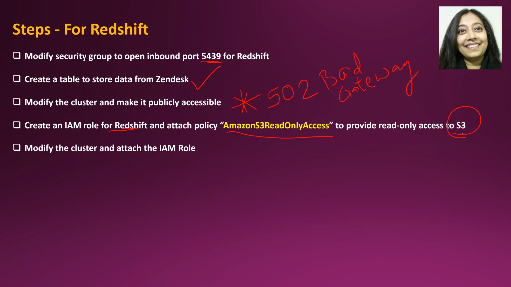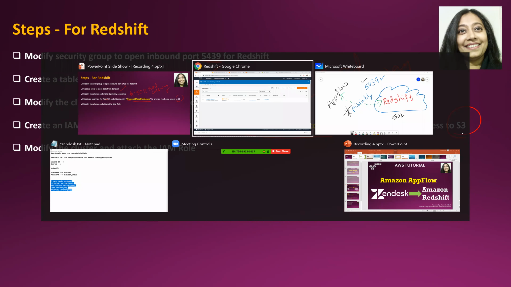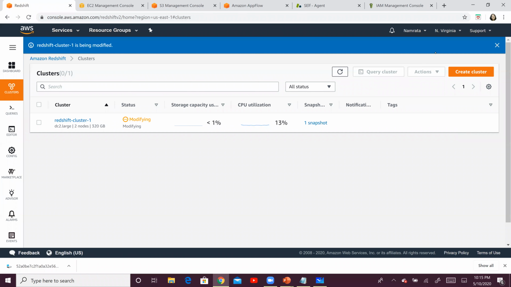The data is temporarily stored in S3, and you will actually see that. That was one of the main reasons why we created that bucket as well. In fact, some of the records that are not going to be processed will also be stored in S3. Hence Redshift needs read-only access to S3. So let us go ahead and create this particular role.